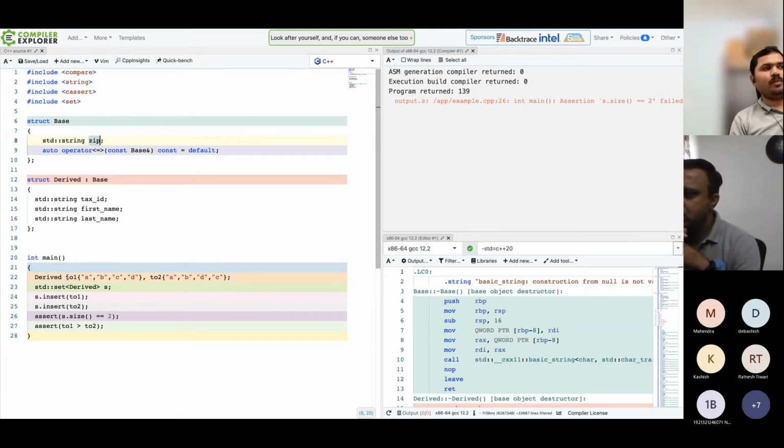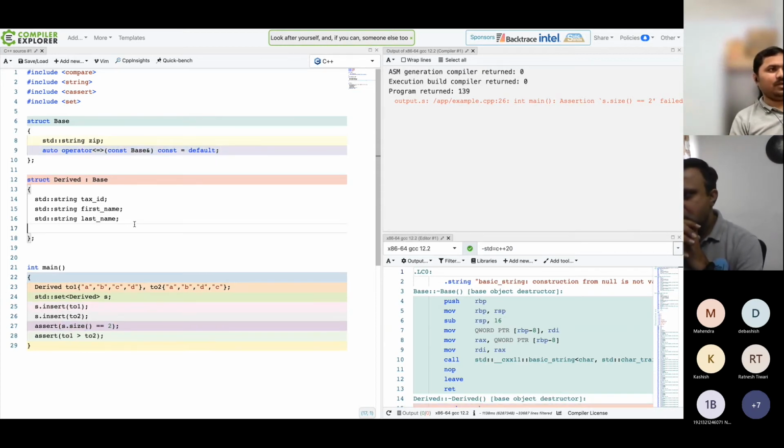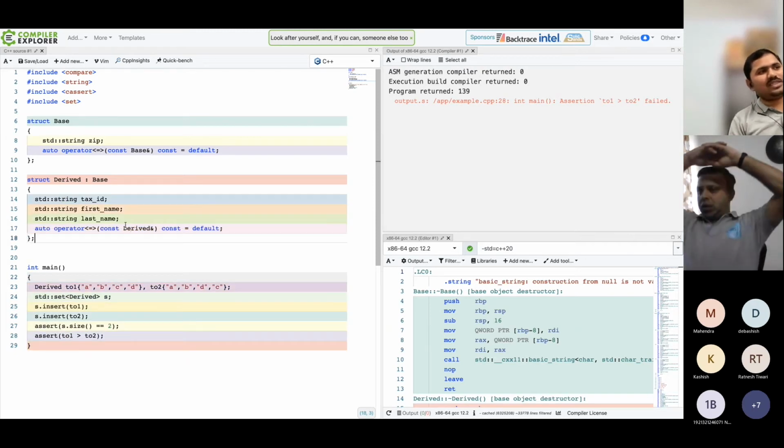Here, let's say I have created two data members, t1 and t2, and you can see the zip for both is A and A. So when it tries to insert into a set, it will say okay, both values are the same, and it will insert just a single element. And that's why we fail on the assertion that size equals 2, because these are being treated as equal. But if I add it here, the second, let me reverse it, then in this case